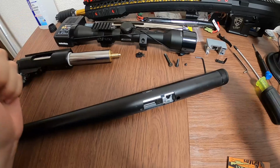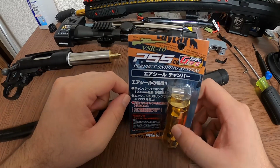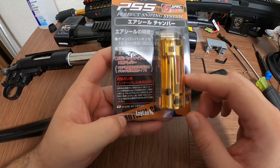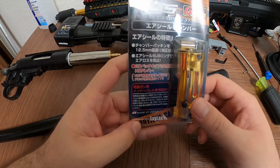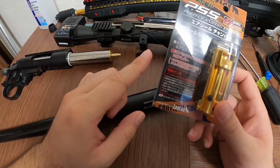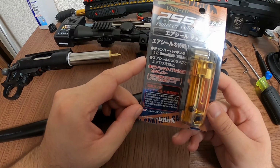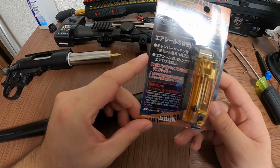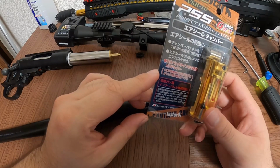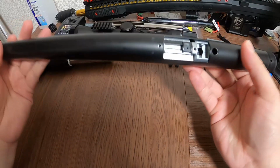So continuing the upgrades onto the VSR, I have picked up a new hop-up unit, the Laylax PSS G-Spec hop-up unit. This one here, you can actually use an AEG barrel on it rather than sticking with the VSR or GBB style inner barrels. 今回のアップグレードはLaylaxのホップアップのユニットですね。これは、VSR スタイルとか GBB とかガス用のイナバレルじゃなくて、電動ガンのバレルを使えるために、買いましたね。